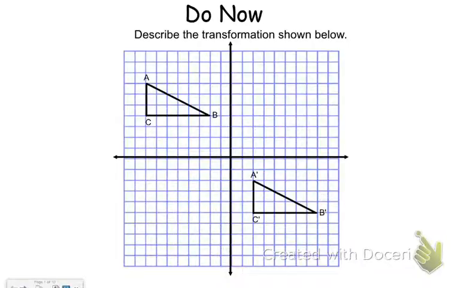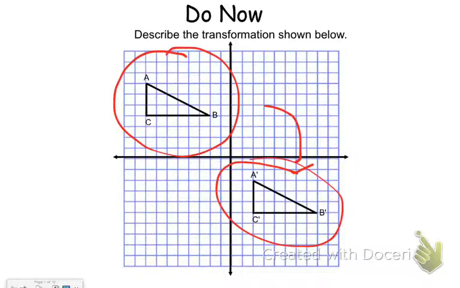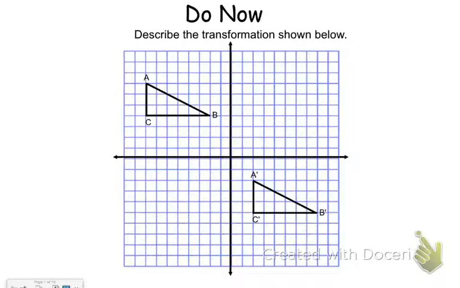Today we're going to begin our lesson by going over the do now. The do now is similar to what we had for our exit ticket yesterday, in which we need to describe how to translate triangle ABC to triangle A prime, B prime, C prime. So a translation is when we slide an image in the coordinate plane. So we need to describe how to get from the triangle in the second quadrant to the triangle in this